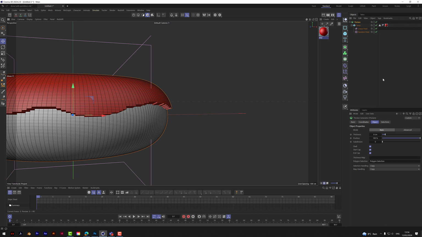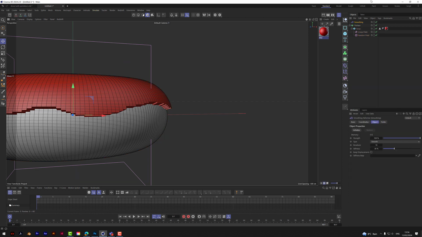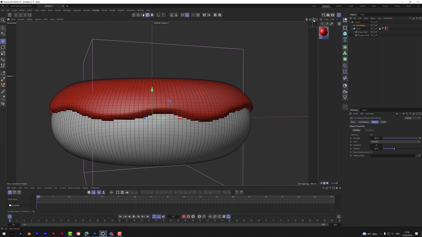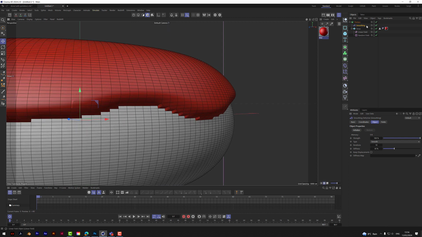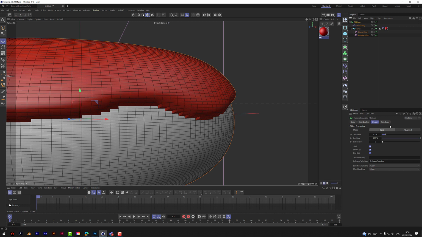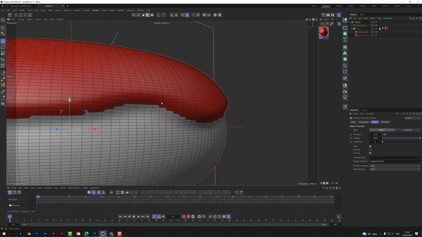Right, so all we do is we go into the deformers here and we get the smoothing deformer and we just drop that under the thicken like that. Okay, and straight away, look, it's starting to improve the edge. Now it's not quite worked because there's a few little tricks we can do here. We can go on to thicken and we can take off the start cap. Okay, and what that does is it just removes a part of the geometry, so we just get this smoother